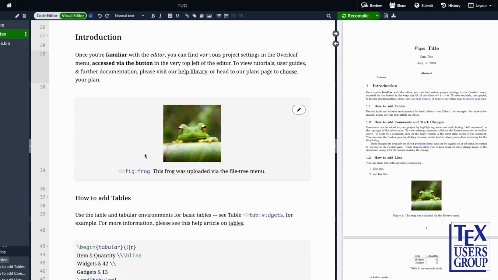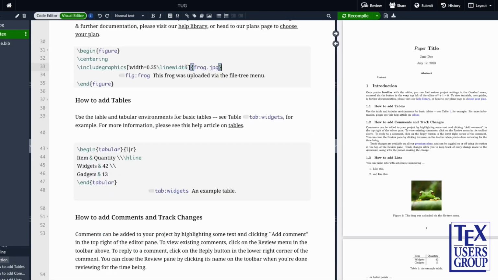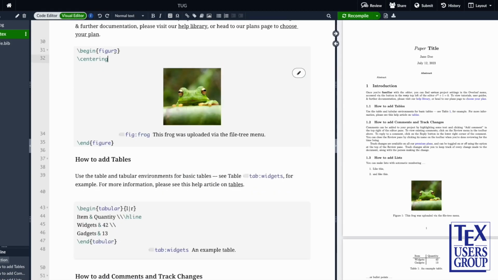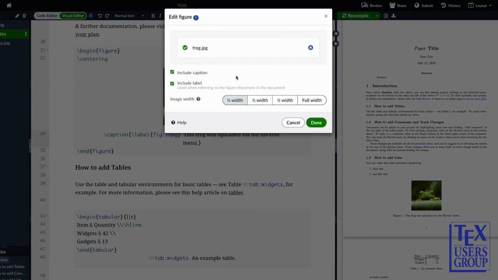There are different types of environments that we outline and make more visible, so you know that it's an interactable chunk. Again, you just click in, make the changes that you want to change, and then you can click out. You can change the styling, you can click into the caption and write the caption, you can click into the label, change the label, and then you see the pencil icon just there. That takes you back to the modal. So again, if you don't know any LaTeX, you can go in and change some of the presets that might have already been set for you. And when you click done,